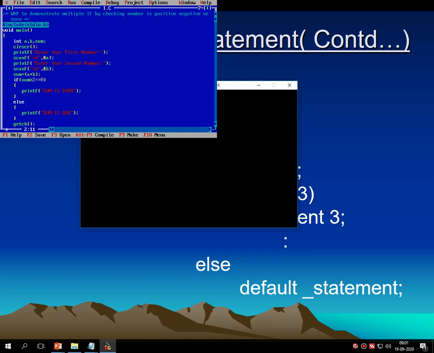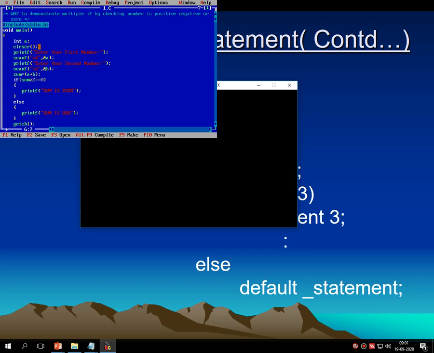Condition number 3 checks if the number is 0. If the number is 0, then it prints 0 and it terminates the code. So there are multiple conditions, and whenever multiple conditions come, we need to go for multiple if else statement. So let's modify the code.